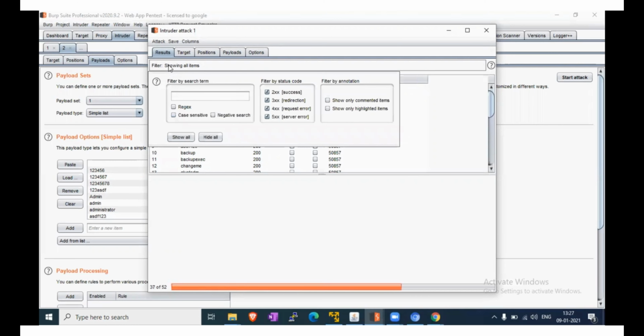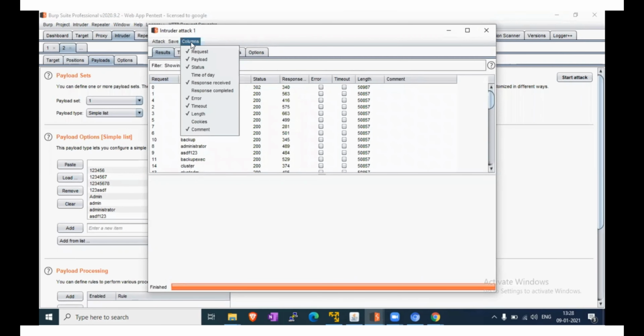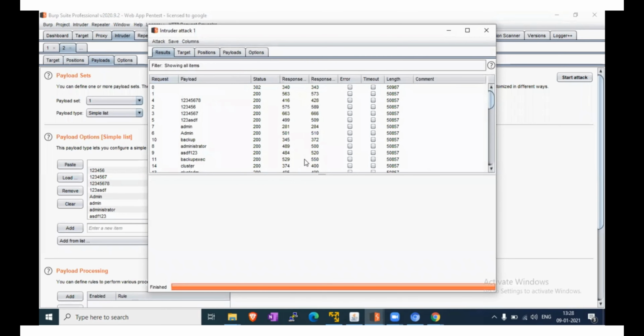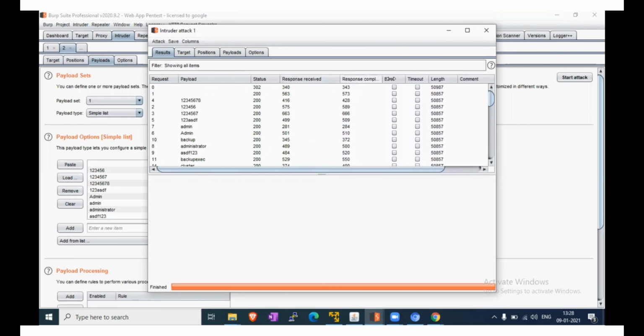I'm showing the columns: response received and response complete.